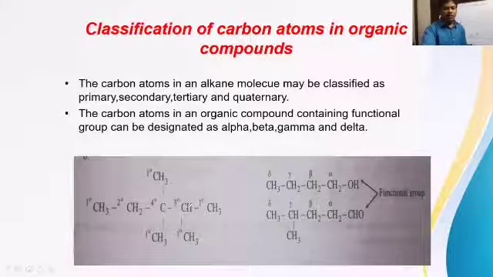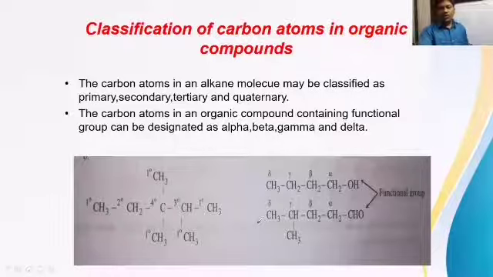4 degree carbon atom or quaternary carbon atom. And this carbon, if you observe, is directly attached to how many carbons? 1 carbon this side, 1 carbon downwards, 1 carbon right side. So this carbon is totally attached to 3 other carbons. So it must be taken as 3 degree carbon or tertiary carbon atom. And this carbon is attached to only 1 carbon, so it is primary carbon. This carbon is attached to 1 carbon, that's why primary carbon. This is also primary carbon. This one also is primary carbon. So how many primary carbons here? 1, 2, 3, 4, 5 carbons are of primary type. So in this way, they ask you questions here. All types of carbons are available here: primary, secondary, tertiary, quaternary carbon atoms.